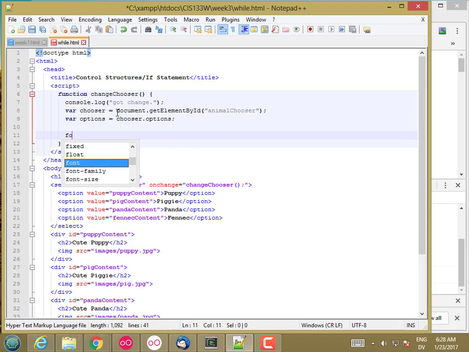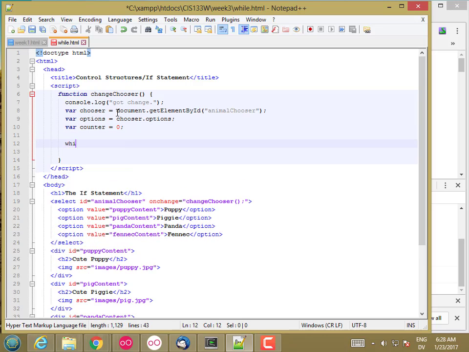And then let's start with just a while loop. So I'll have a counter. Counter is 0, while counter less than options.length, do